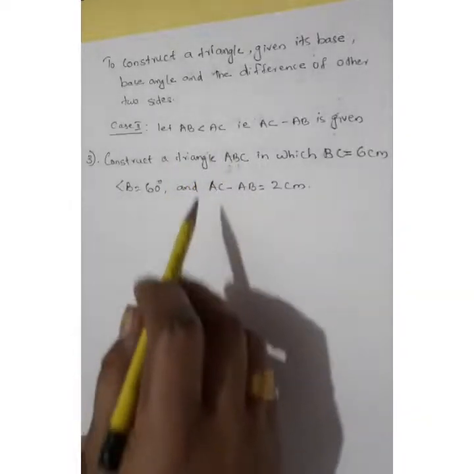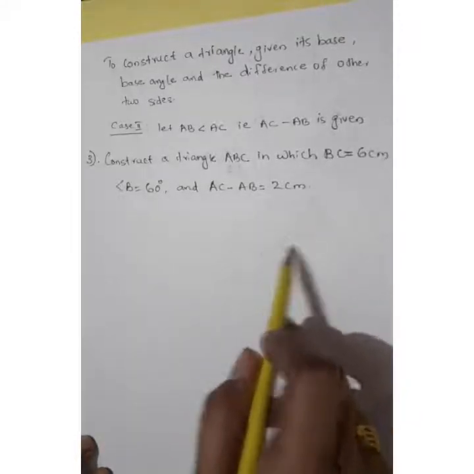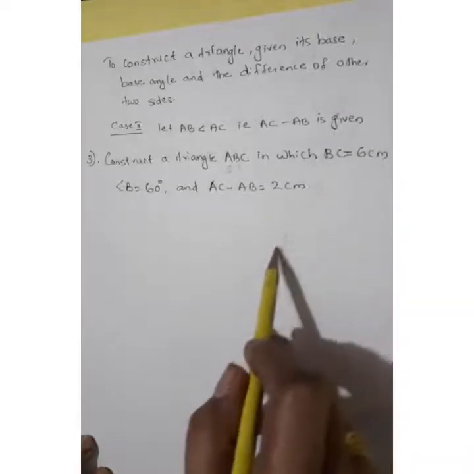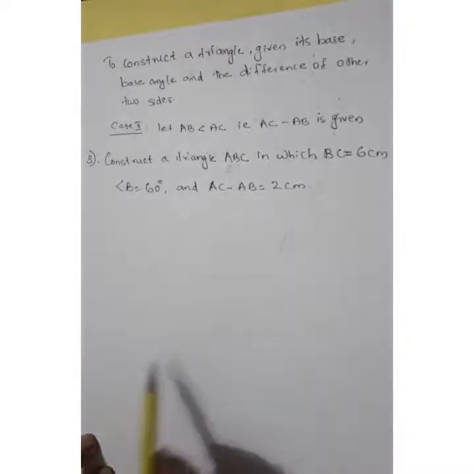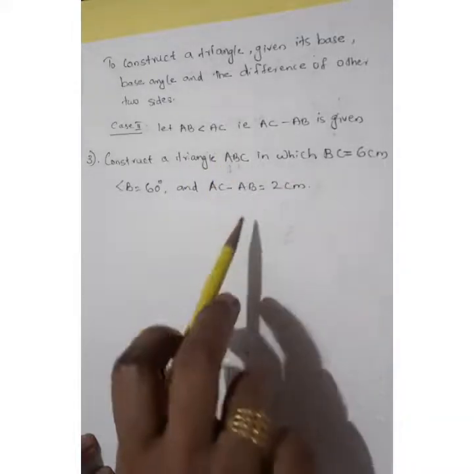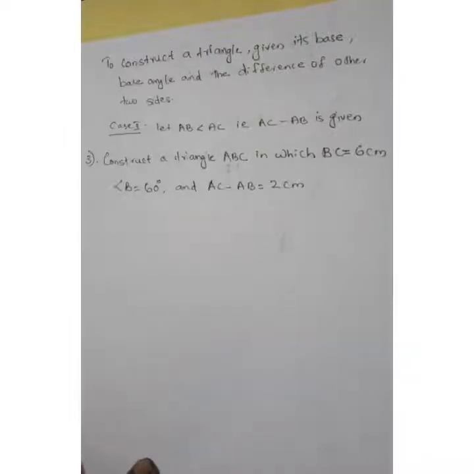That means if you get that ABC, this is our triangle ABC, and this is BC, then this is AC. This is A, no? So AB minus AC means AB is the longest side, or AB is greater than AC. Here AB is less than AC. That means you have to separate AC minus AB. So we want to draw that triangle. How can we do this? Slight difference in the procedure. As in the previous two cases, same type of question, same type of drawing, but here some slight differences.